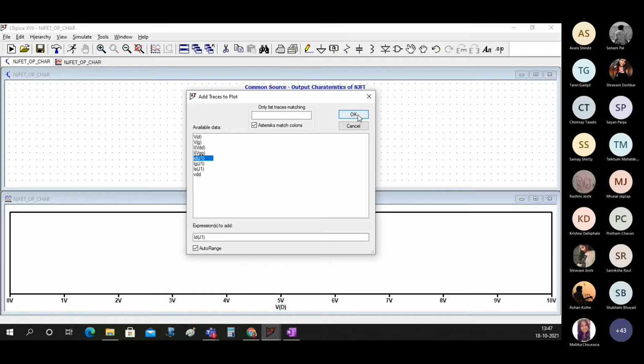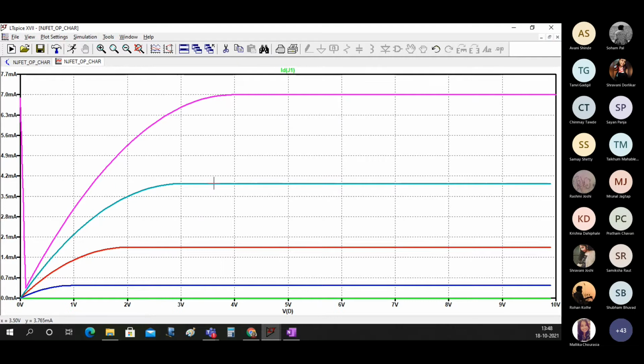You should be able to see this kind of characteristics. Okay, so what you can observe here is that this pink thing is coming, all this is okay. So green is for VGS equal to -4, blue is for VGS equal to -3, this is -2, -1, and this is 0 like that.